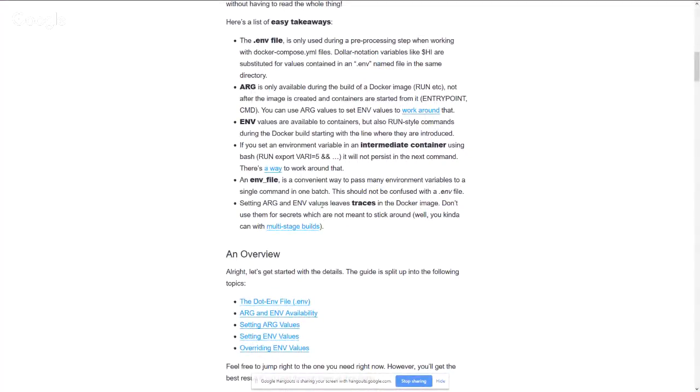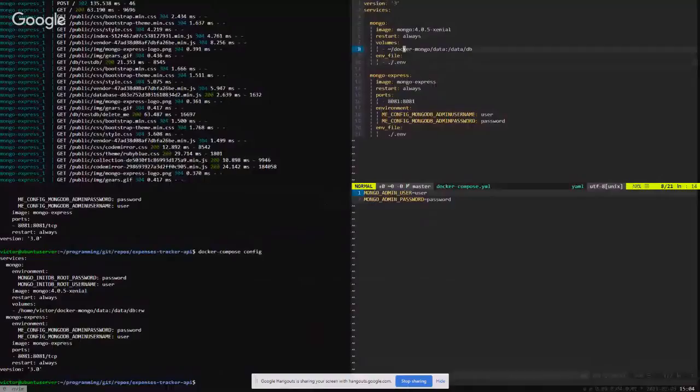Arg and env variables with traces in the Docker image. Don't use them for secrets. Yes, that's basically the whole idea of this. I just don't want to set the environment variables in here, like I did here, so we get that tracked. Actually, we track that to my push